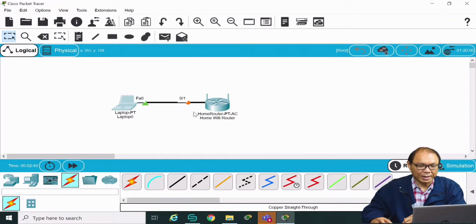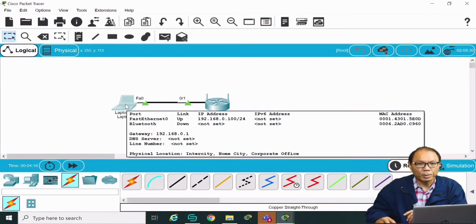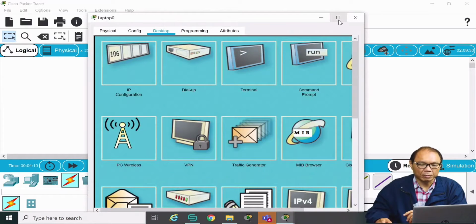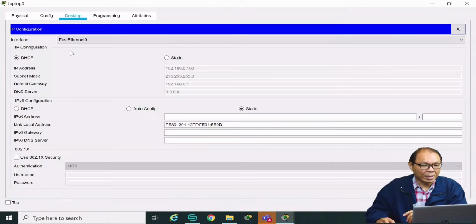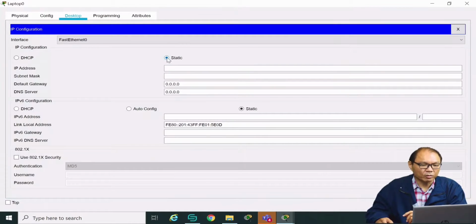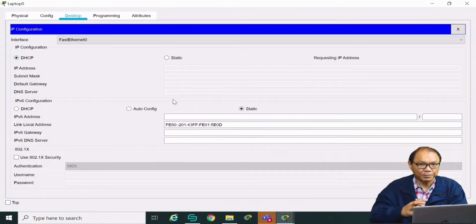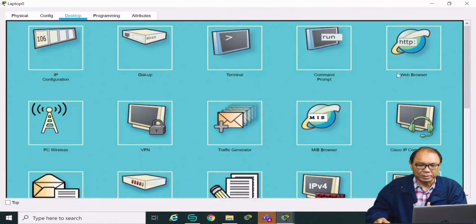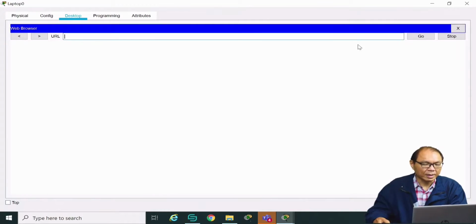So this is the connection. Once you have successfully connected to the router, click to open the laptop. I'm going to maximize here. Click on IP configuration and change from static to DHCP. DHCP is actually a protocol that will automatically give an IP address to the laptop. I'm going to close this, and the next step is to click on the web browser and use the following IP address: